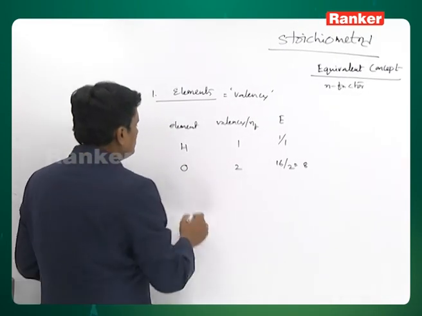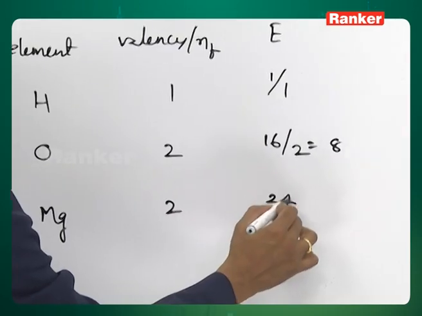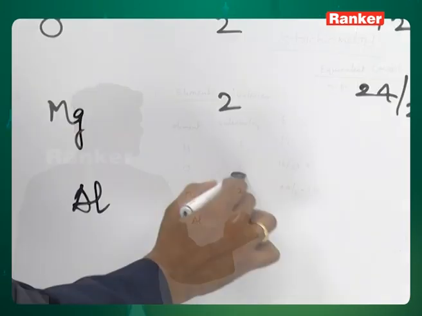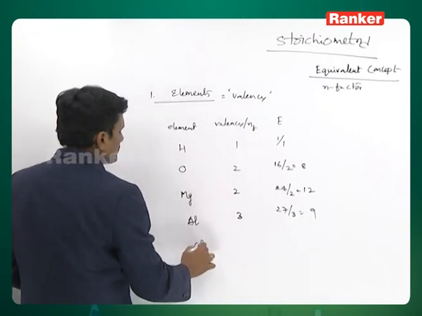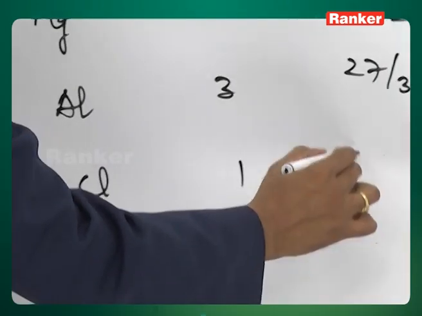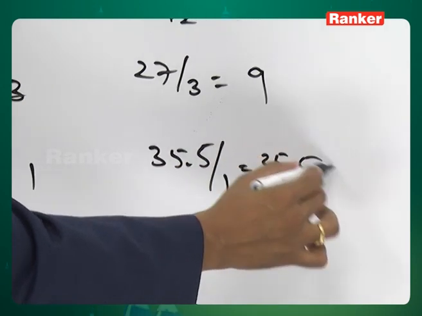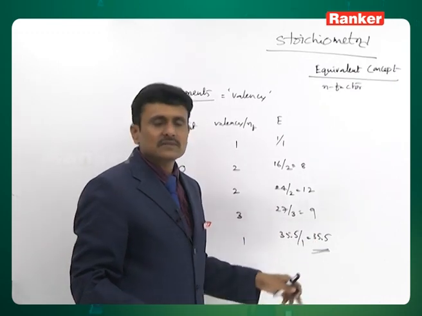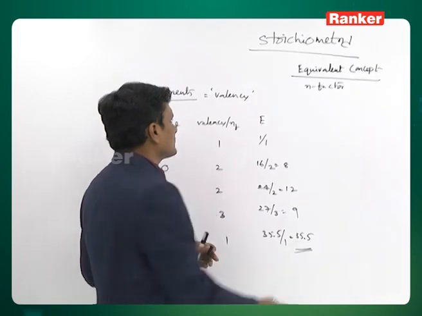Now, if you take magnesium, its ionic valency is 2, so 24 by 2. If you take aluminium, it is going to be 3, 27 by 3, which we have quoted as 9 grams. If you take chlorine, it is 1, so it is 35.5 by 1. That is why we said your element which is having 1 gram equivalent or E grams of substance can replace 35.5 gram of chlorine. Now, this is the definition for the element. Now, when it comes to the